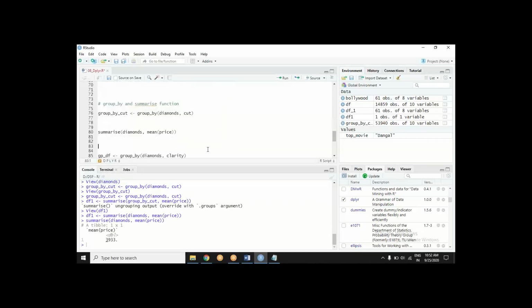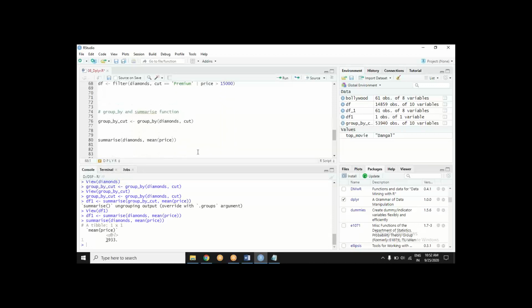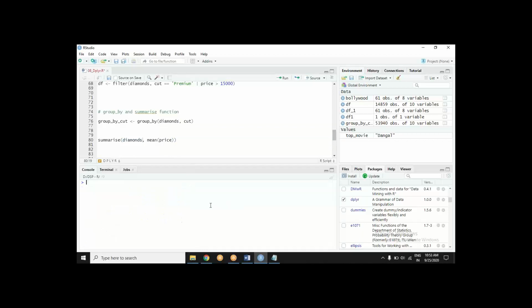Suppose I don't use group by. If I am not grouping by, I am using summarize directly on the diamonds data. I want to see mean price. You see, it is as good as if I have run the mean function on the price column. Without grouping by, summarize is not doing anything particular.